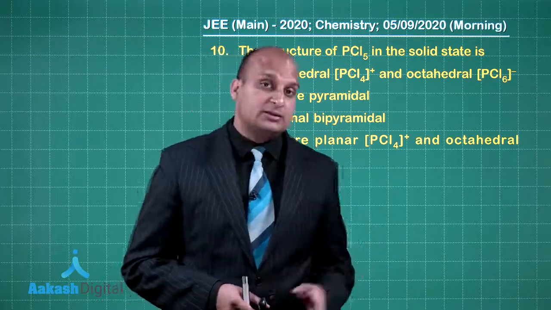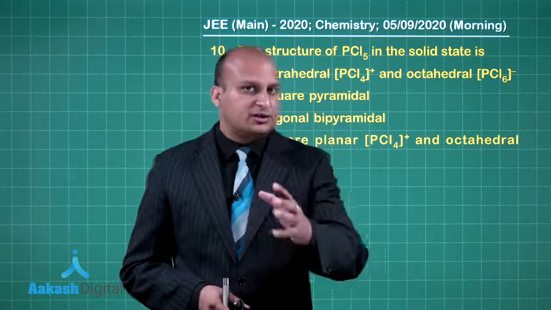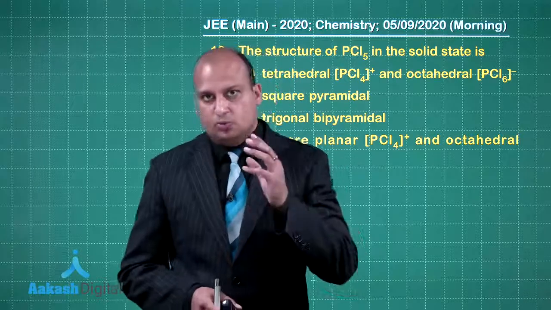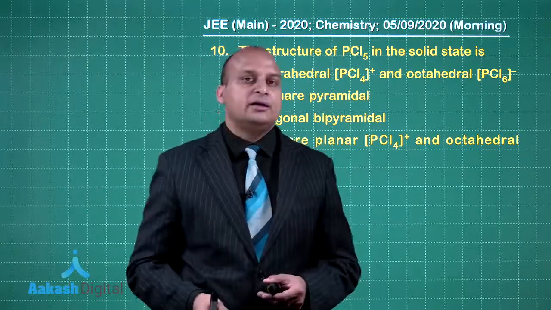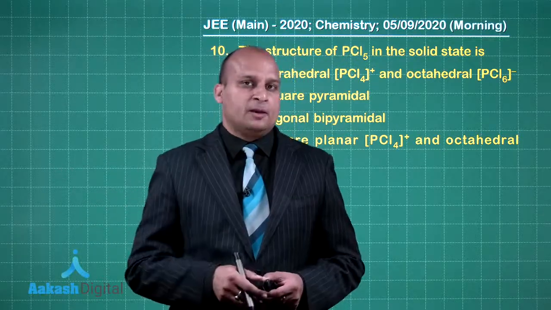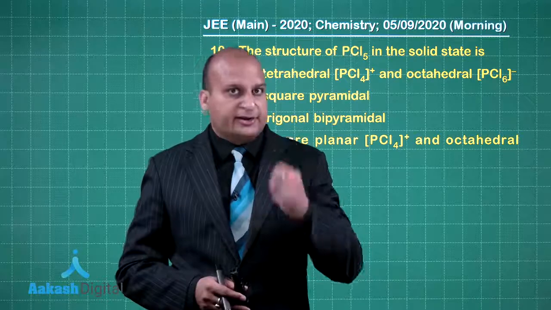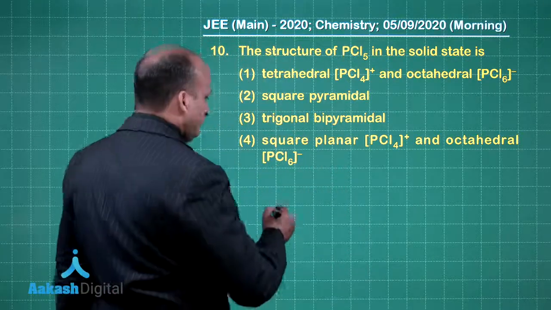It has already been asked in the exams that are all the bonds having equal strength in PCl5? The answer is no. Fine. See, you have got the equatorial bonds and the axial bonds, right? The equatorial bonds are stronger as compared to the axial ones. In the solid state, you want a strong lattice, so you want the equal bond strength. That is why this PCl5